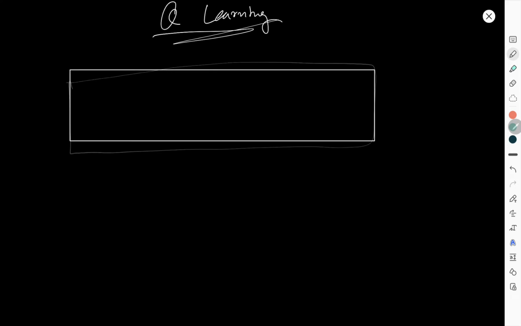How can we update the Q values in Q learning? Or what is the idea of the Q table? The idea is quite simple. We will look at a grid. If you have a grid like this, and